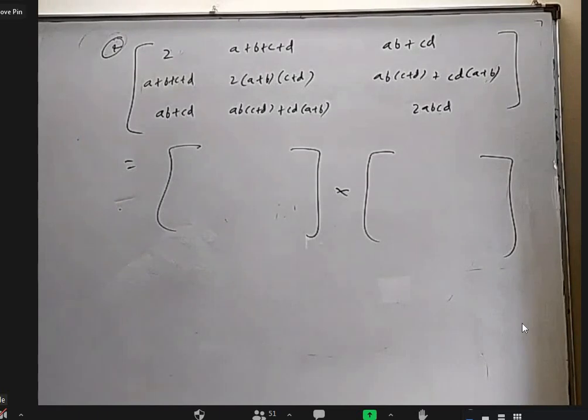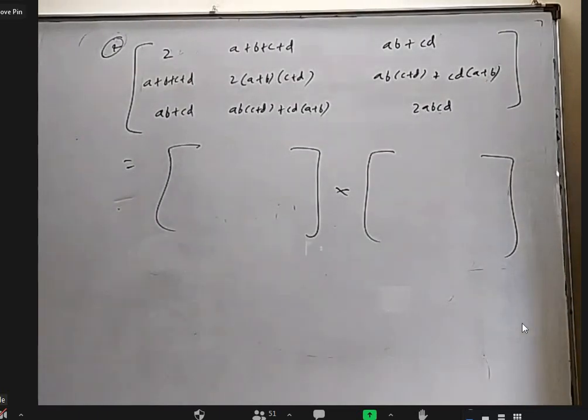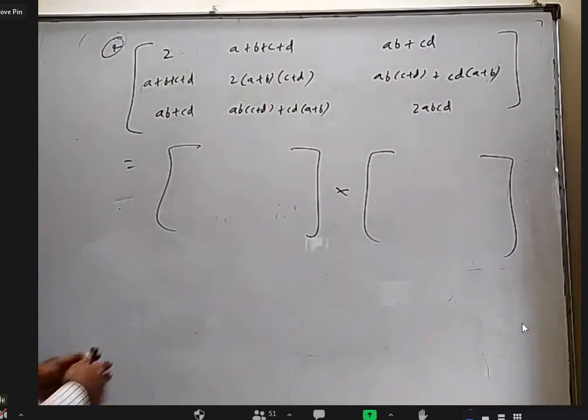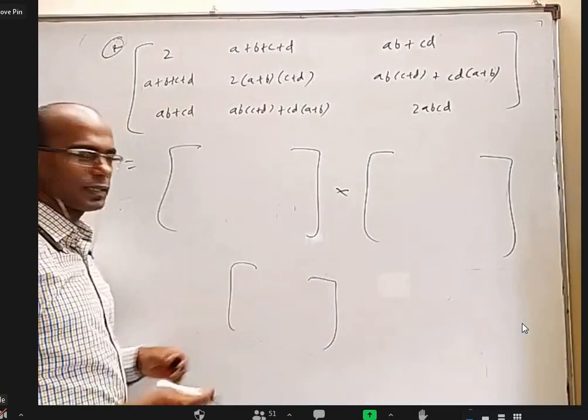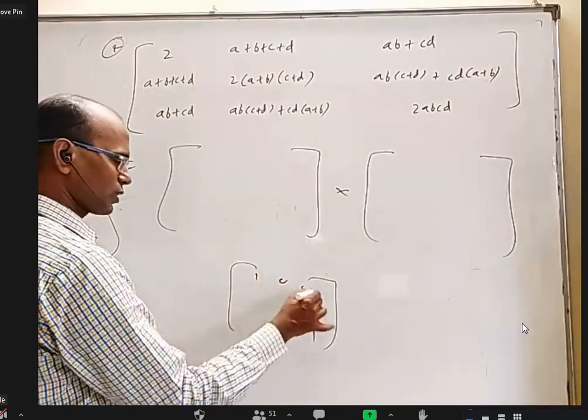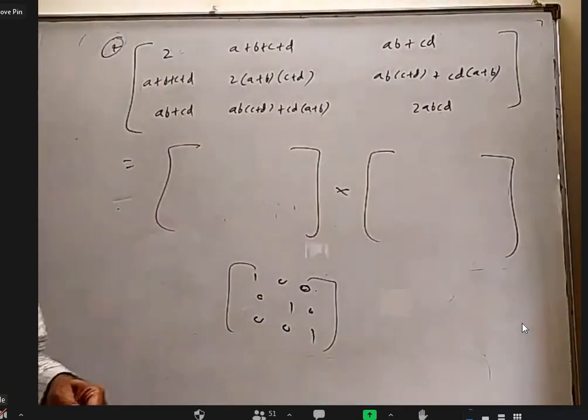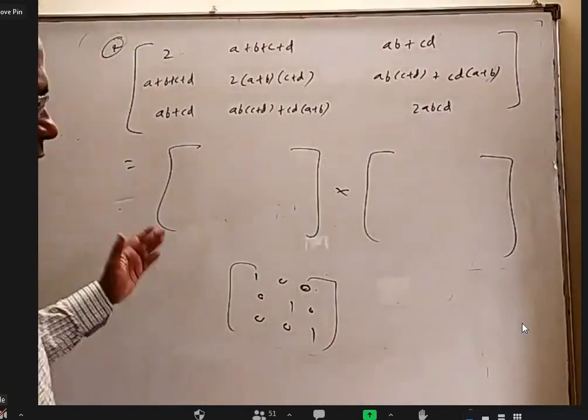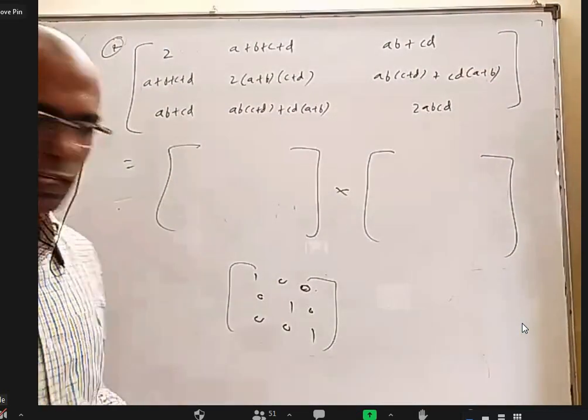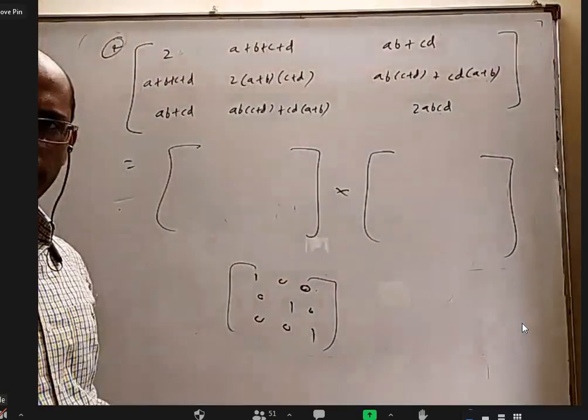Yes, sir. So, what is an identity matrix? Oh, identity matrix is when I told about diagonal matrix, I said when all the diagonal elements are 1, rest of them 0, like this is called identity matrix. And what is the specialty of this? Any matrix into this will give you that matrix only. That's why it is called identity matrix. Okay.